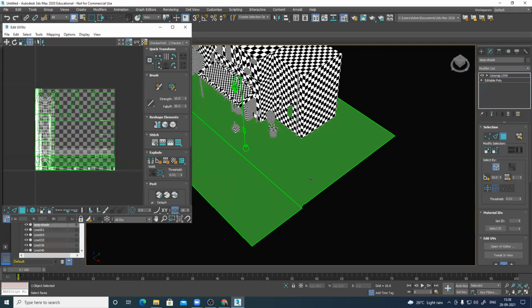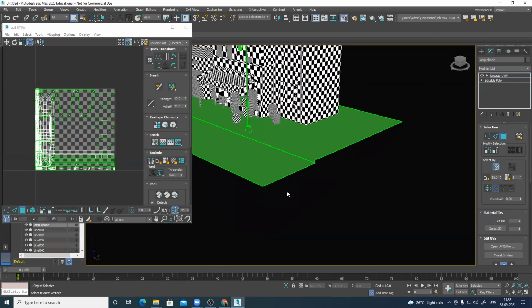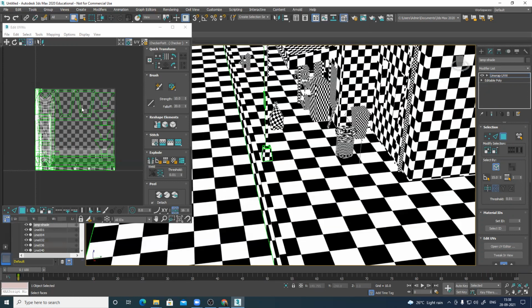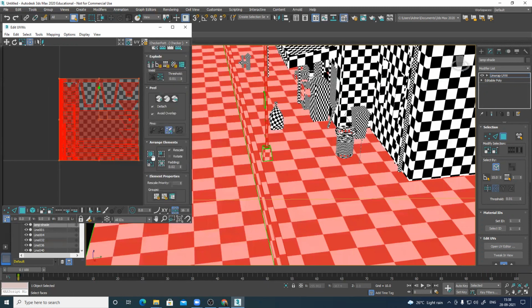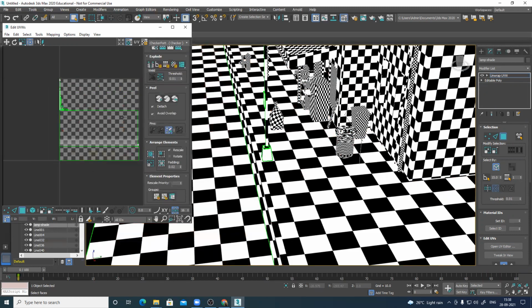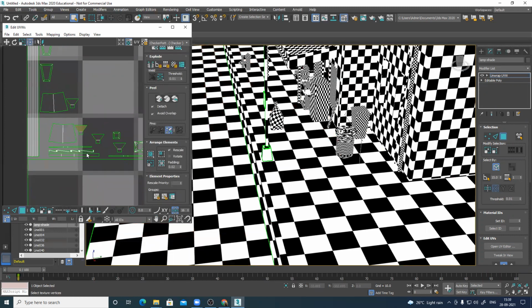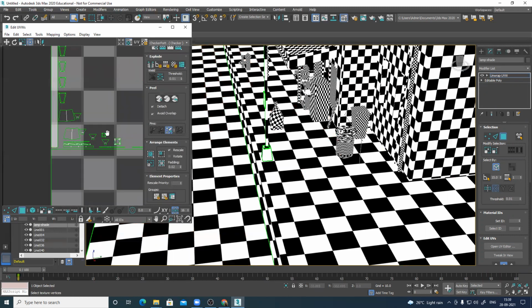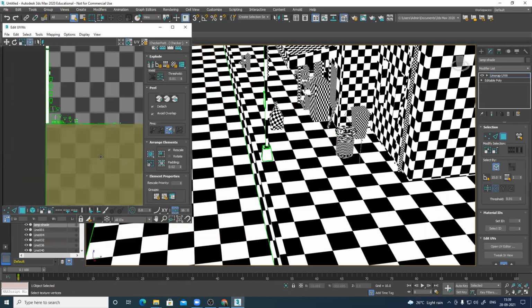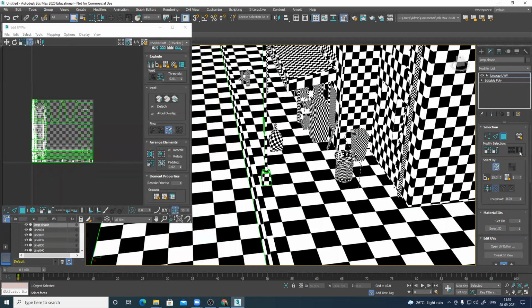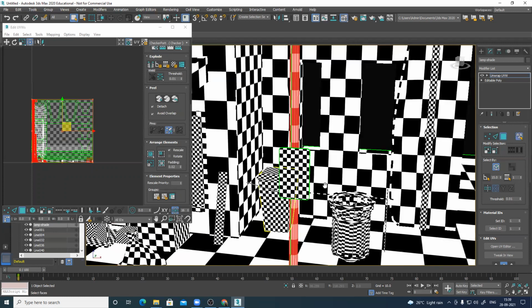You can see now, if I apply a checker map here, the checker map doesn't match at all, right? Select the entire thing, pack it. All the checker maps are the same size, and what happened here? The small is fine. Small in size is fine. But this is like a road, so I cannot keep it like this. For the road, I cannot increase the poly count, or sorry, texture detail.